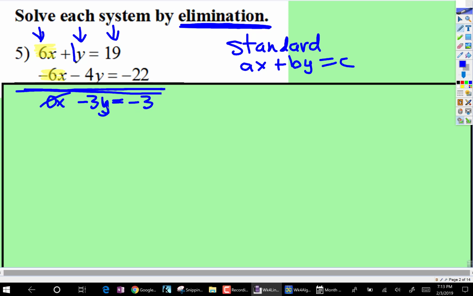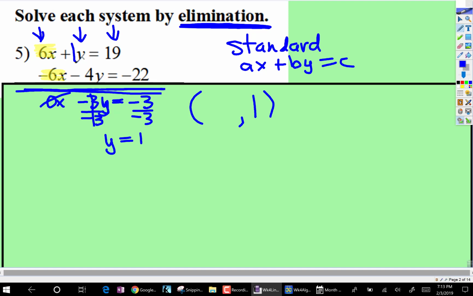Well, to figure out what y is, the inverse of multiplying is dividing. So we're going to divide both sides. Or you could multiply by the reciprocal. It means the same thing. Well, negative 3 divided by negative 3 is 1. 1 times y is y. And over here, negative 3 divided by negative 3 is 1. Well, now that we know what y is,